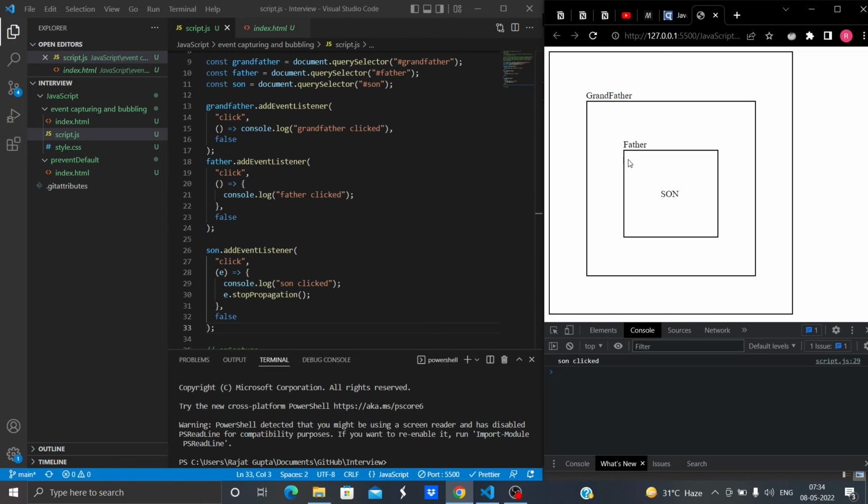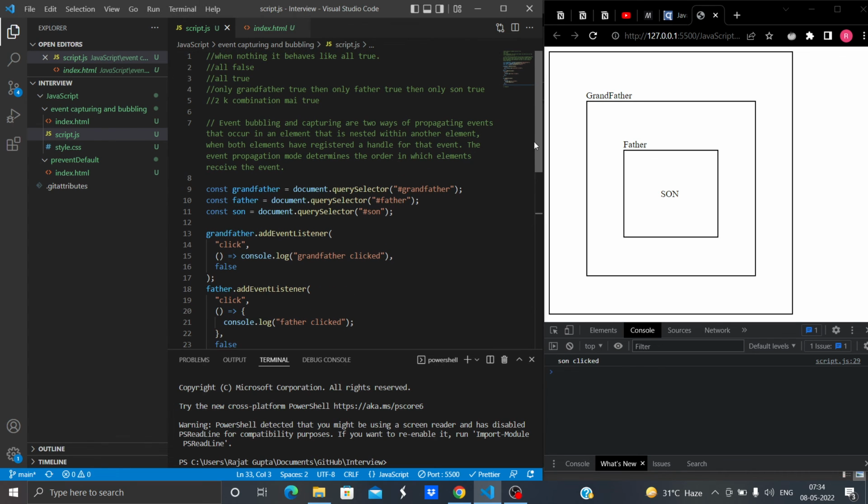So that is all about bubbling and capturing. Let me iterate the definition once. Event bubbling and capturing are two ways of propagating events that occur in an element that is nested within another element, when both elements have registered a handler for that event.